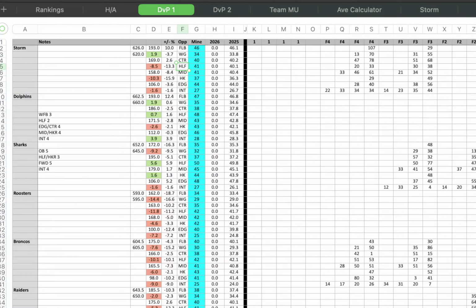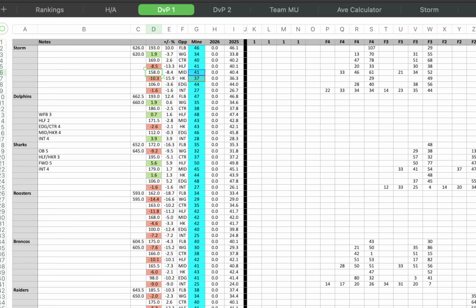What have I got? I've got half, hooker, do I? Oh no, I'm not sure if I'll continue this, but I found that halves and edges have about a similar DVP impact across teams, probably because they run at the same part of the defensive line, I'm guessing.